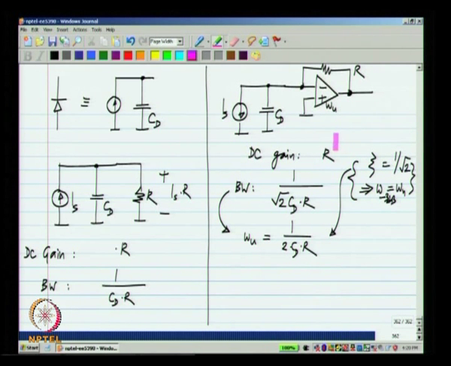Okay. So, what it means is we can use this circuit, it converts the current to voltage, but for it not to have ringing, let us say we choose zeta equals 1 over square root of 2, we have to choose a particular value of omega_u. Now, it is assumed here that the diode capacitance C_D and the DC gain R are given. Okay. Now, the problem with the first circuit was that once these two are given, the bandwidth is fixed.